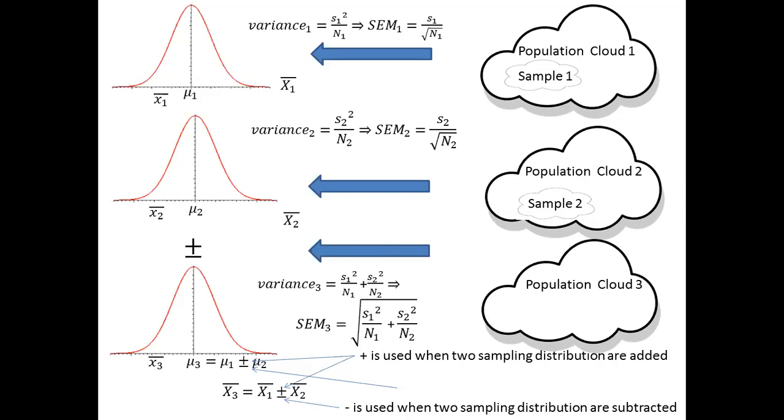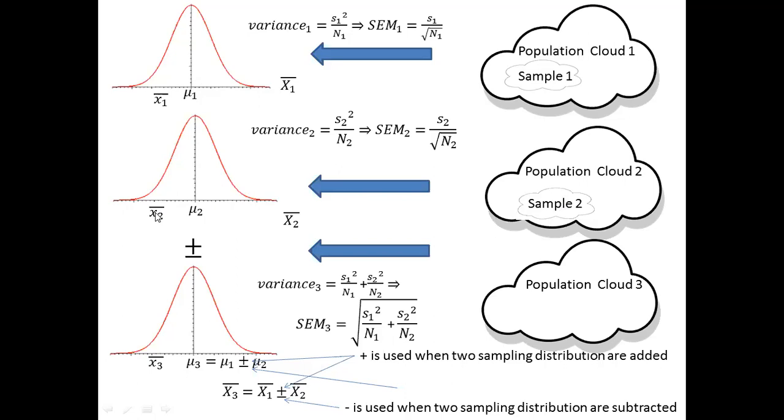In a similar fashion, we have some population cloud 2, and if we have all the possible samples from this population cloud 2, then we can have the second sampling distribution of mean given by capital X2 bar, and definitely its expected value would be the mean of this population cloud 2, and there's a random sample 2 that we took from this population, or over here on the sampling distribution of the mean, which is present somewhere over here.